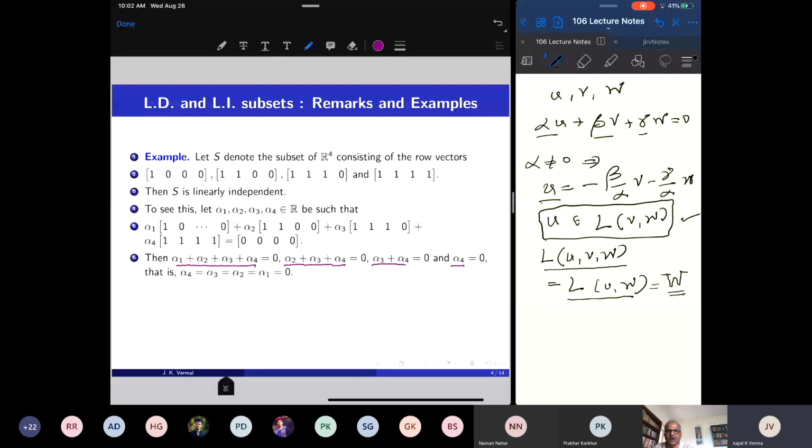So I took an arbitrary linear combination of these 4 vectors which produces the 0 vector, and then I proved that all the coefficients are 0. And therefore this set is linearly independent. So testing whether a finite set is linearly dependent or independent actually amounts to solving a homogeneous system